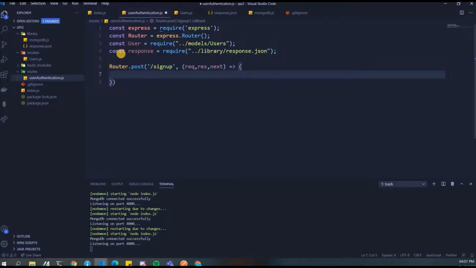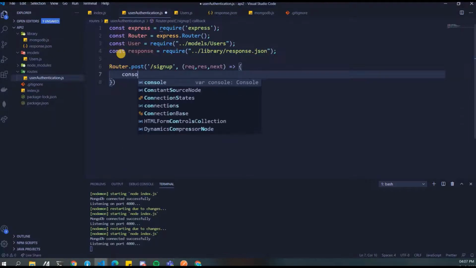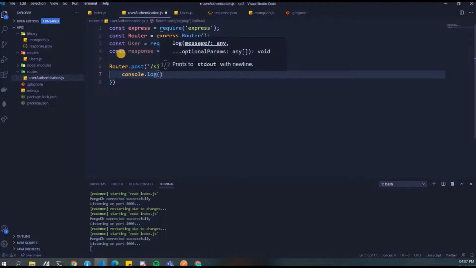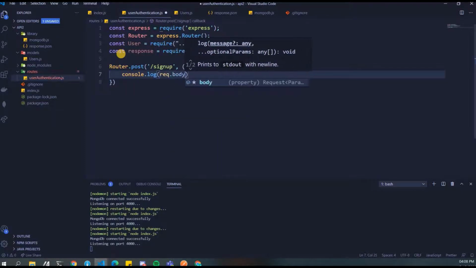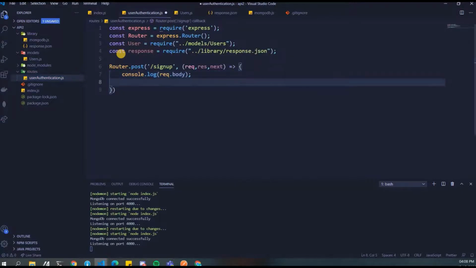So this is how we'll write it, similar to the app.post that we did. If you want to check what data is coming from the body, let's do it step by step. We'll write console.log request.body. We'll test it out first before writing any code inside this, to see what is coming into this particular API.